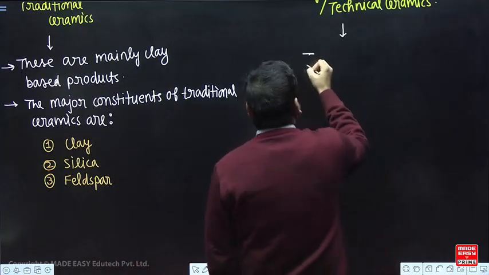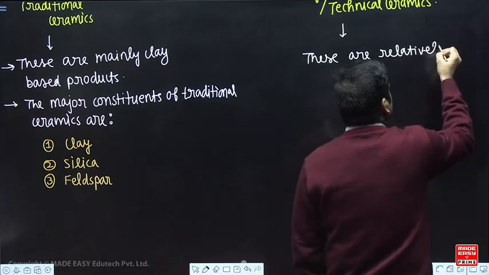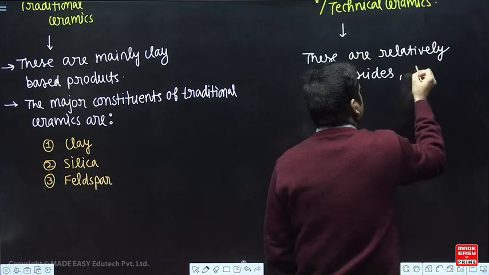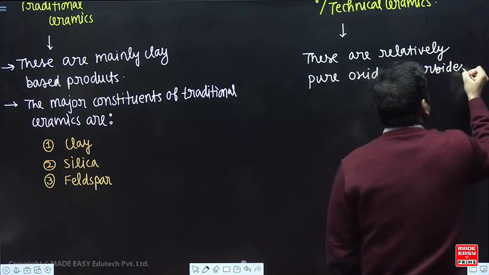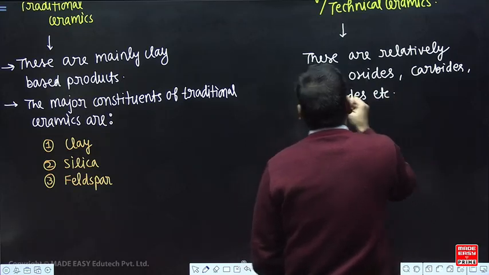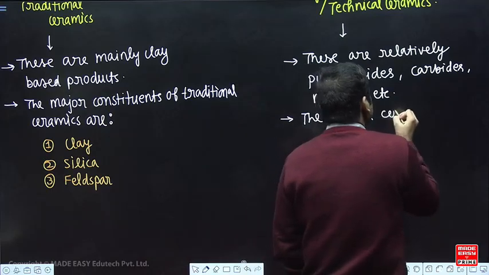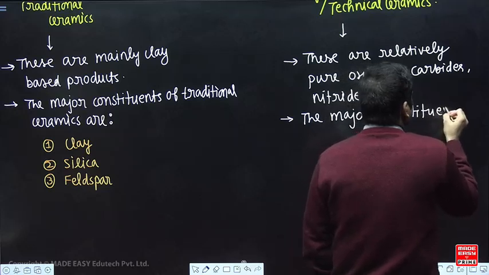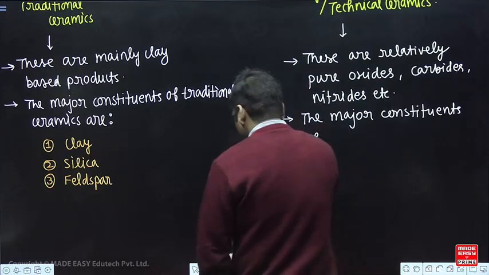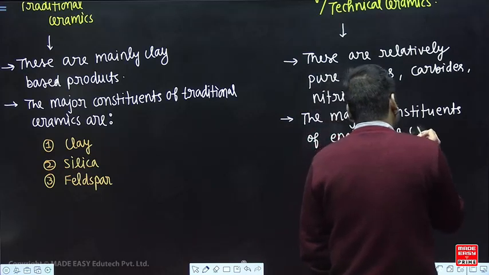So these are relatively pure compounds, pure oxides या carbides या nitrides, etc. The major constituents of engineering ceramics are,